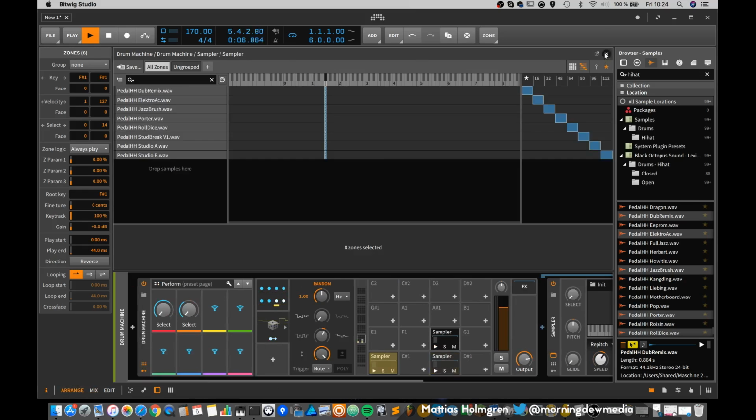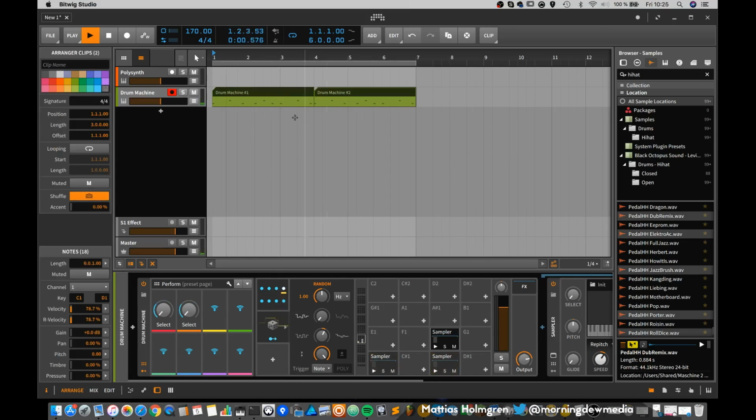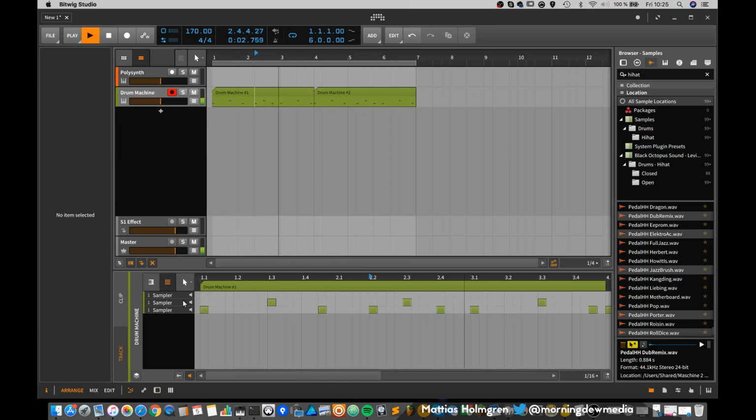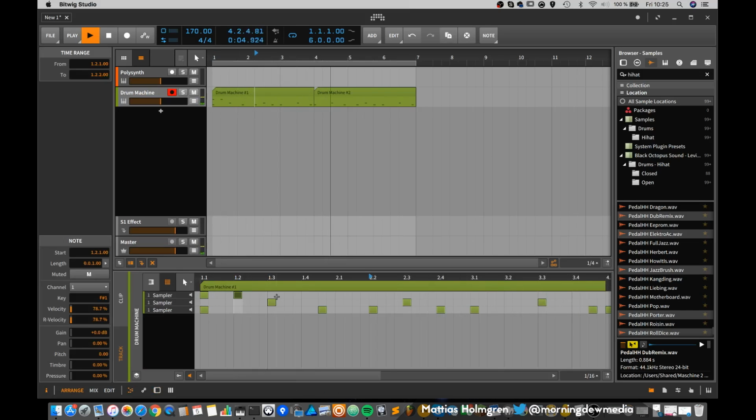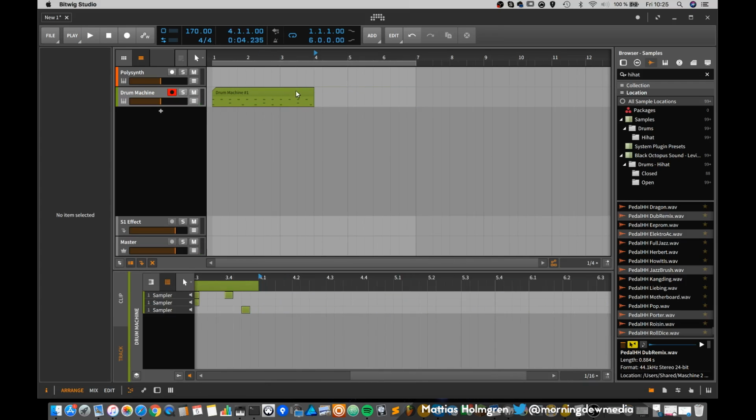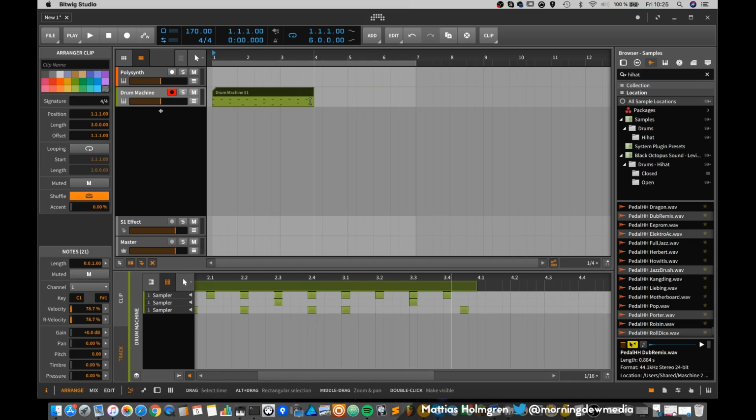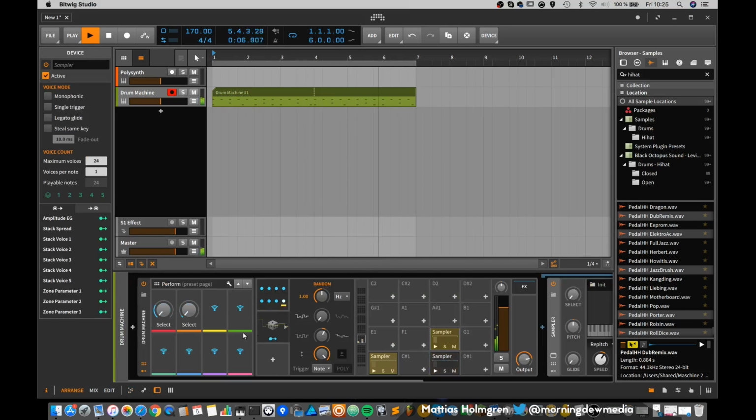So let's add some programming with the hi-hat too. And remove that old loop, and yeah, we can actually drag it out so if we make changes to the first part here, it will also be changed in the second looping part.